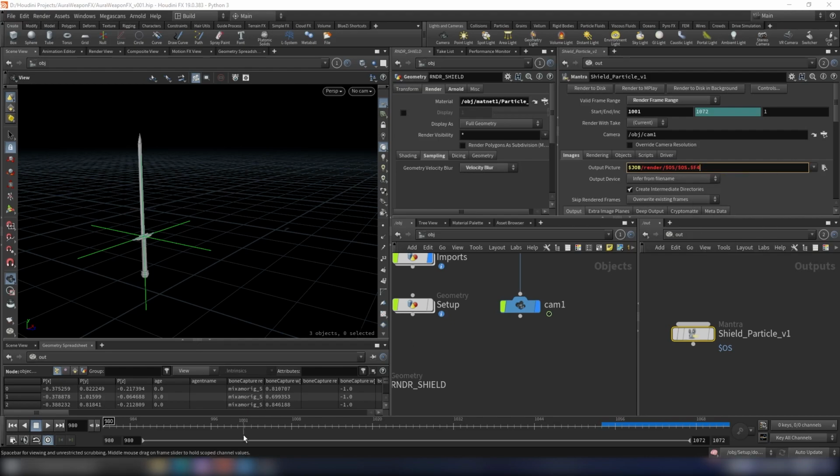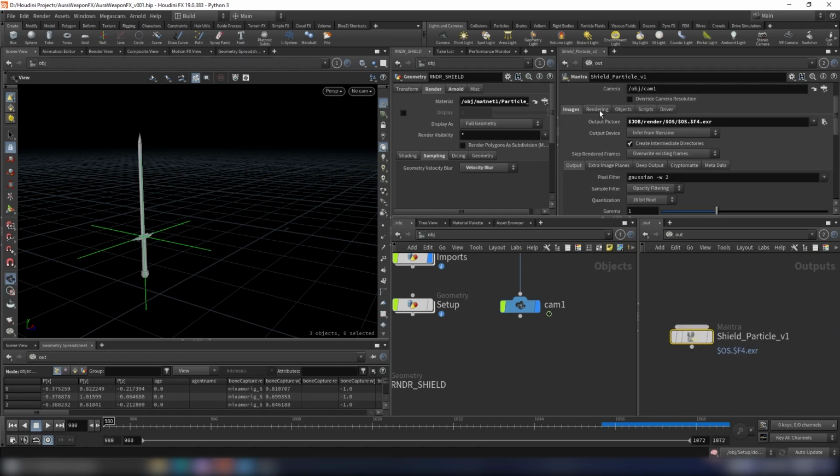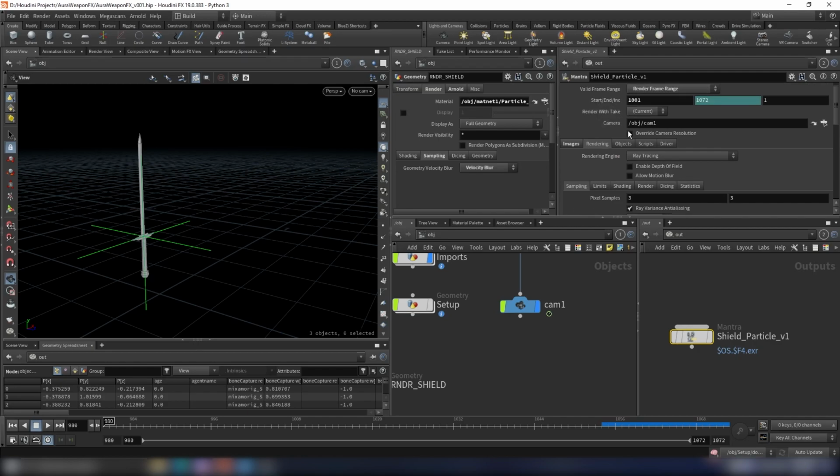And since in our render, for example, 101 contains 4 digits, so we need to have a 4 here. And finally we need EXR, which is our universal file format for VFX. Okay, so let's get to the rendering tab, and the ray tracing should be fine, and